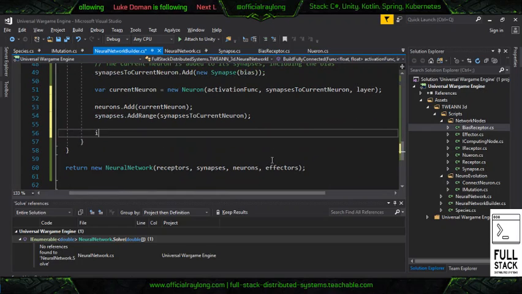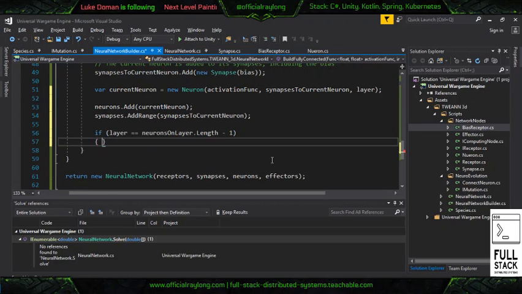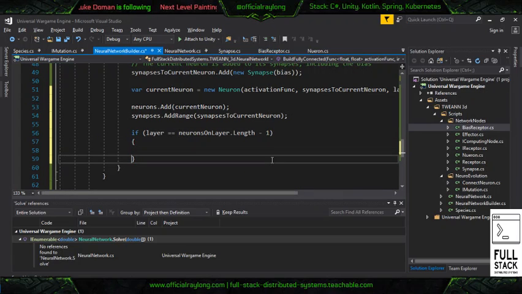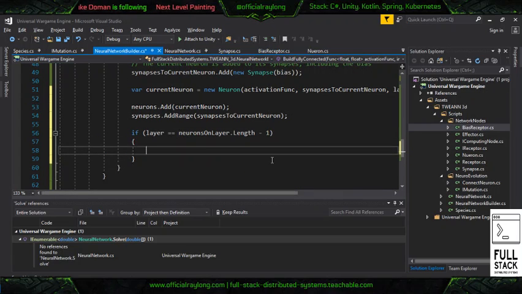Okay, so if the layer, this is kind of confusing, I'm trying to keep it all in my head, equals neurons on layer. Last time I was off by 1. Last time I worked on something like this, counting can get a little wacky. So let me